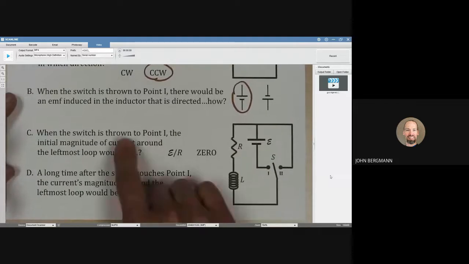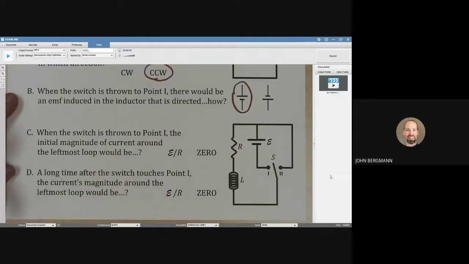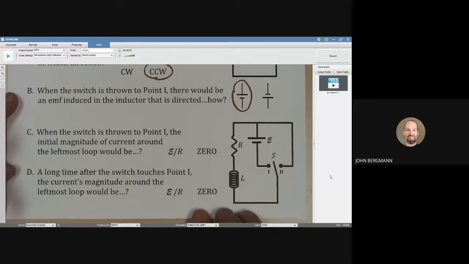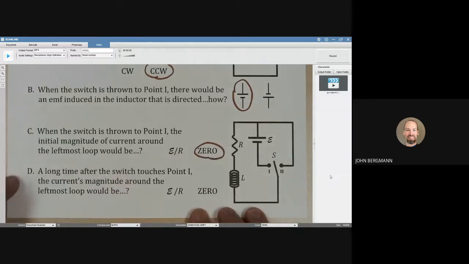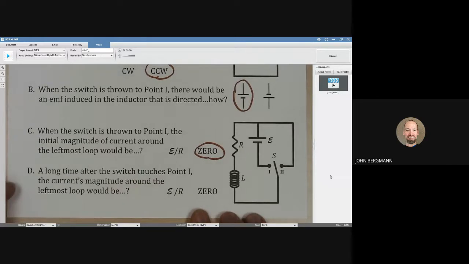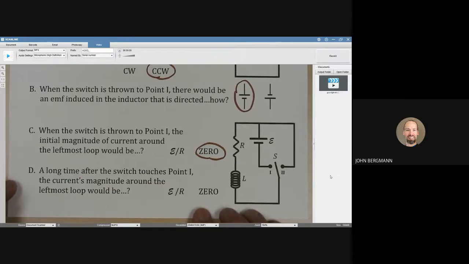When the switch is thrown to point 1, the initial magnitude of the current around the leftmost loop would be 0. We mentioned in a previous video that at the first instant of connection, an inductor acts like an insulator. When we flip the switch, at the first instant, there won't be any current in that leftmost portion of the